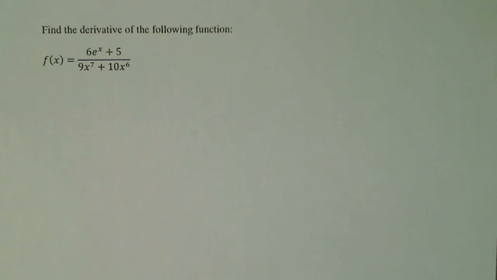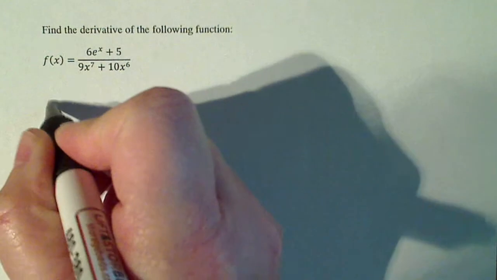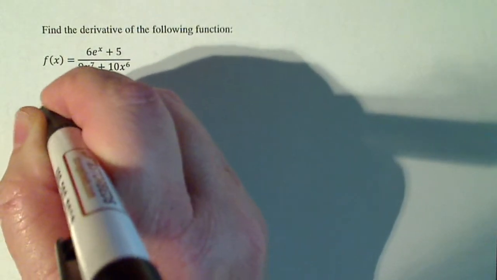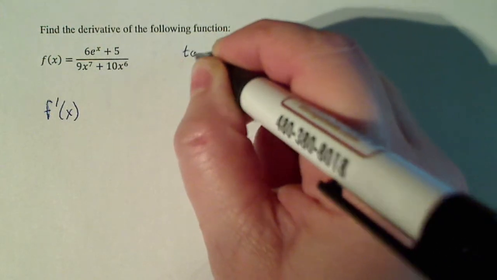Let's find the derivative of this function here. Well, it looks like I have a quotient, so I'm going to use the quotient rule. So let's see. If I do the quotient rule, let's see if my pen's going to work here. F prime of x. I have to think about what my top function is